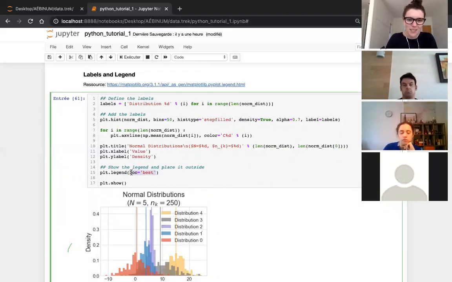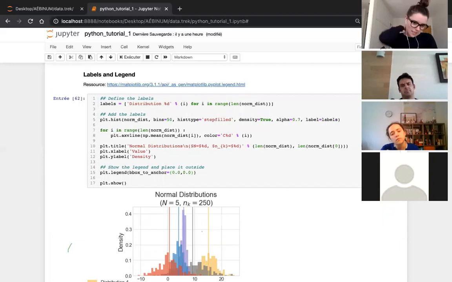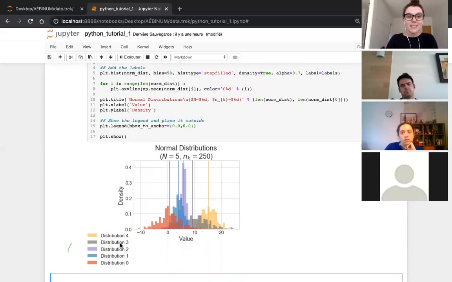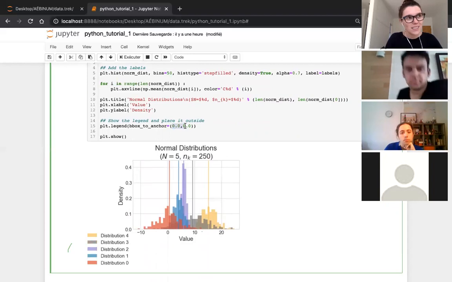If this value does not work, you can use the bbox_to_anchor function, in which case you need to define where to put the legend. By default, it's going to be here. So you want to give it the coordinates